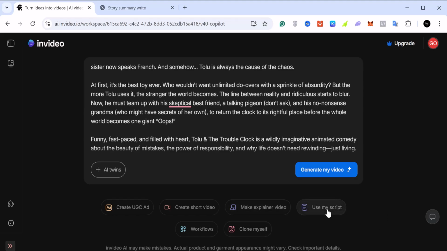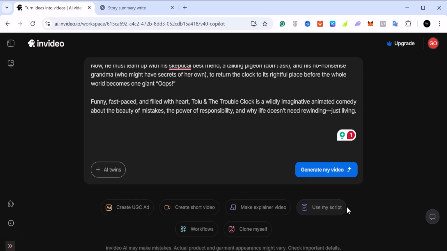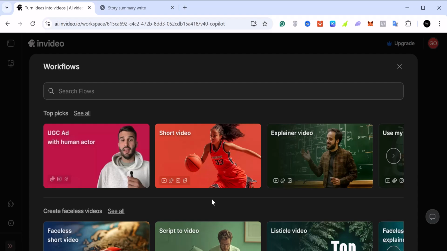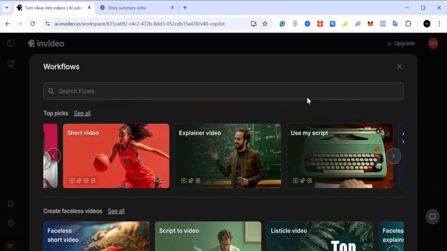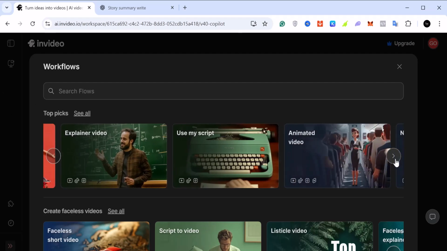If you want it to use your script, or you want to give it a full script, because this is just an idea, this is not a full script, you can click here and give it your idea. If you want to clone yourself, you can clone yourself right here. And if you click on workflow, you see different things. All right, you can see different workflows here,